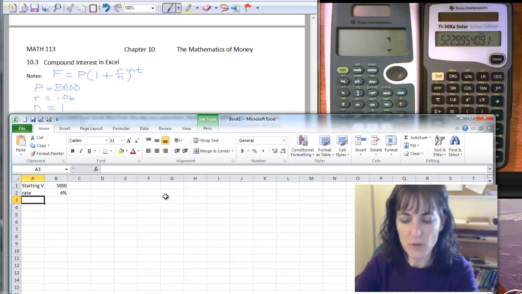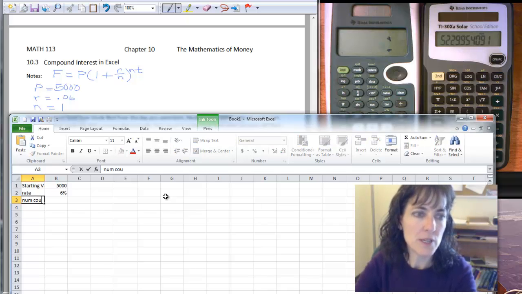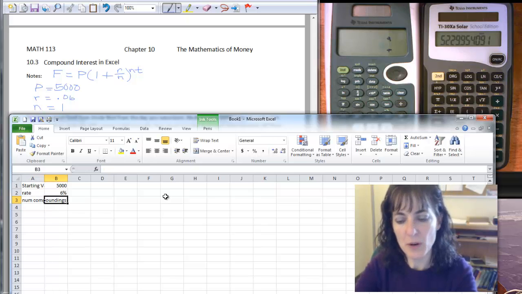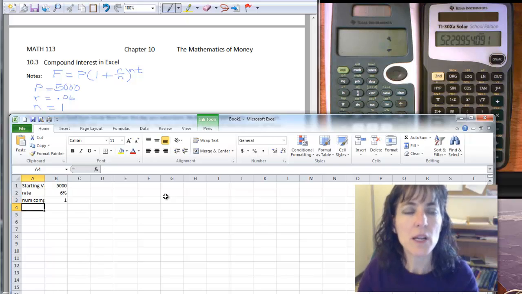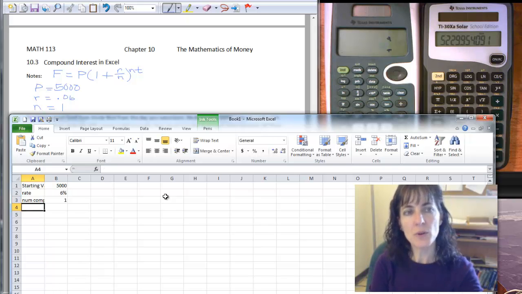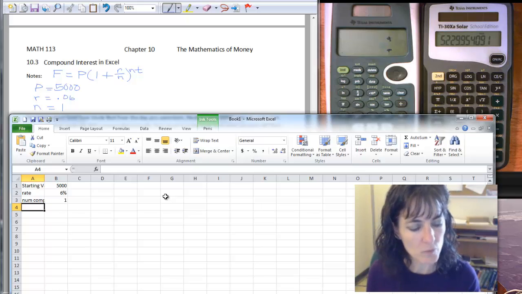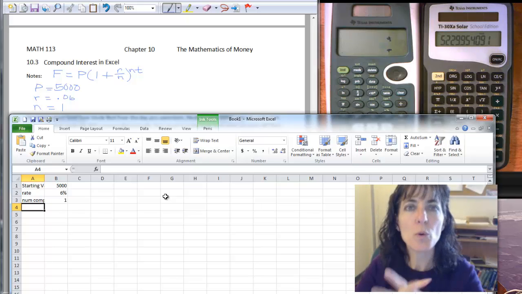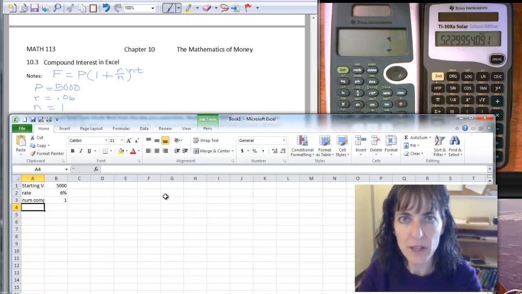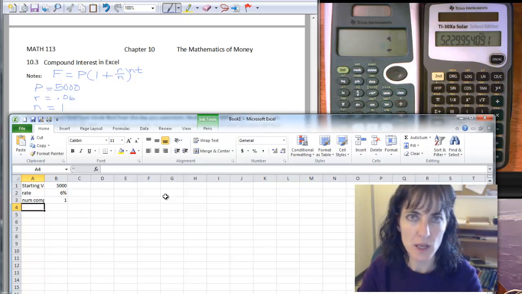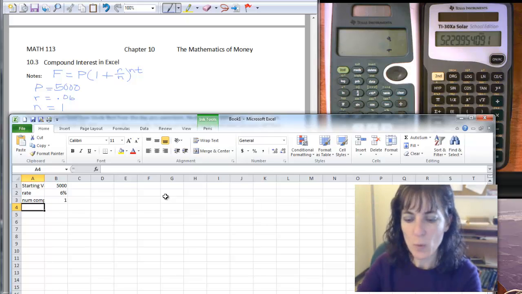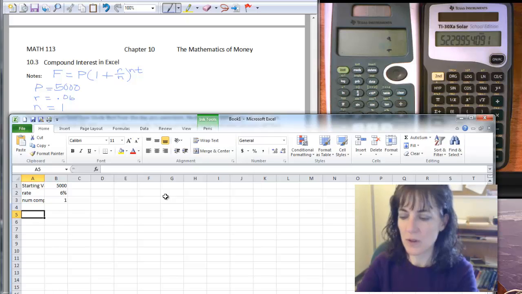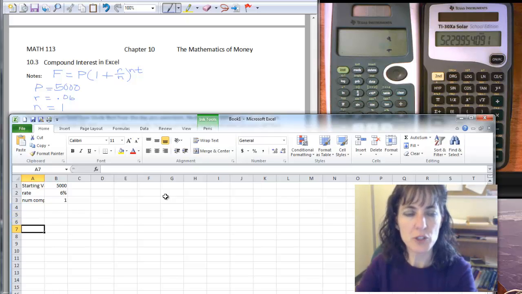And then the number of compoundings, maybe call it num compoundings. I'm going to put in a 1 for that because my n is 1. And then the T I don't know, and the F I don't know, so I'm just going to leave those. What we're going to do is look year by year and see how much money is in this account. So I'm going to go down a couple of cells, just pushing enter to move down. And now I want to create some headings as I go across. So we'll put